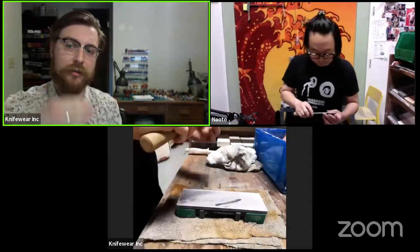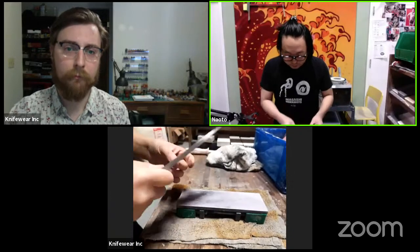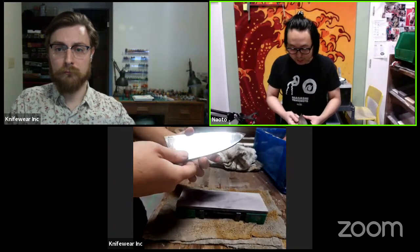And why do you start towards the edge when you're doing this step as opposed to further up the bevel? You mean, what do you mean? You mentioned you're starting at the edge of the bevel, right where the edge of the knife is. Why would you start there as opposed to on the other side of the bevel? Oh, so the reason is that I start from the edge to make sure, especially when I'm fixing a knife that is chipped or has been sharpened very differently or wrongly. What I would do is try to get how thin I want at the edge first, then start from there and bring it up, because sometimes